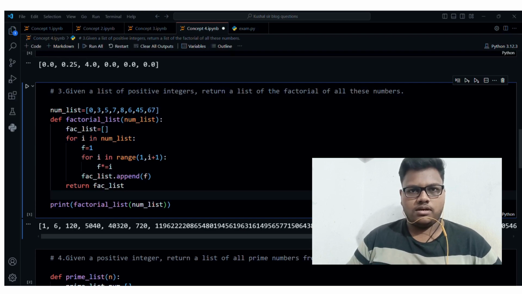So now we will be understanding the concept of nested loops with the help of a practical example. So in this example